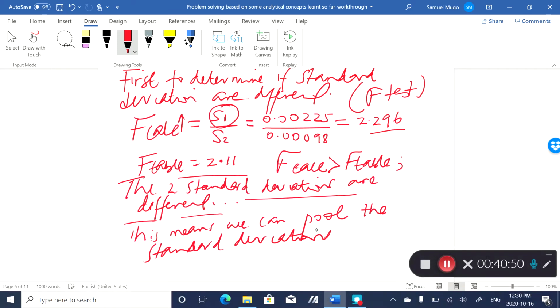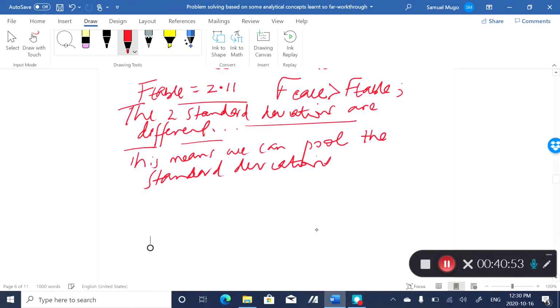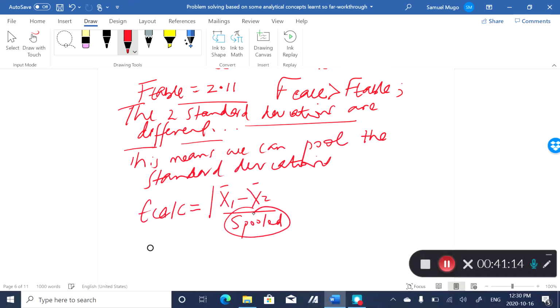Remember, there is that simple relationship where we pooled the standard deviations. Remember, where the t calculated is equal to the mean of method 1 minus the mean of method 2, divided by the s pooled, the standard deviation of the two methods pooled, multiplied by the square root of n1 plus n2 divided by n1 n2, the summation of that. And that's how you do the t calculated if the standard deviations were not significant. Okay, and remember the s pooled,